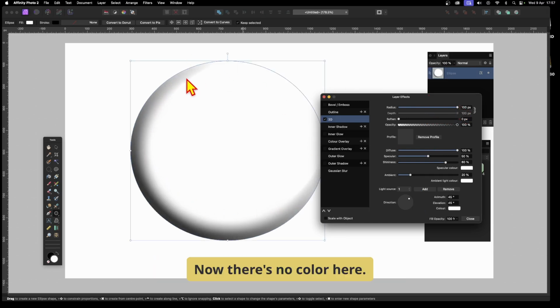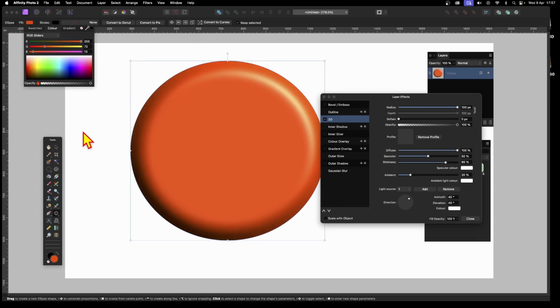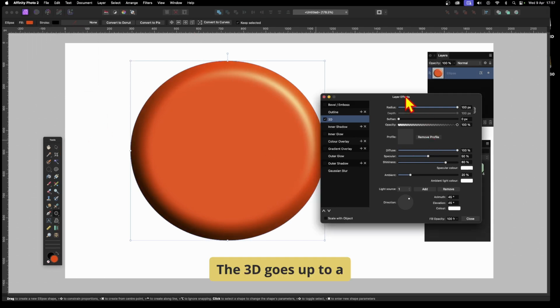Now there's no color here. I've just applied it to a white shape. Now I can change it. I'm just going to go over here and click and maybe go for say red or maybe orange. So with that, I can now tweak this further. The 3D